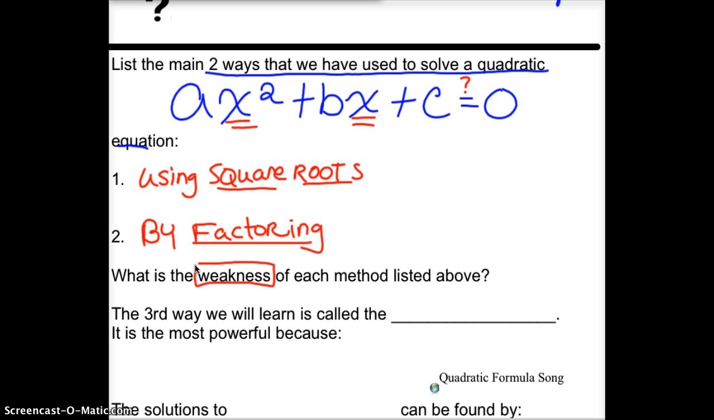The weakness of using square roots is that it only works in a situation like this, where there's no what we call b term, because I can attack that x, for example right here, by adding 1, dividing by 2, and taking a square root. And so I can just use an algebraic approach. Factoring is great when there is that b term,